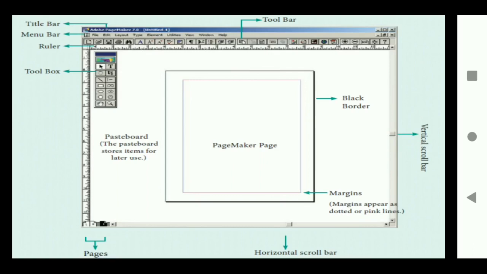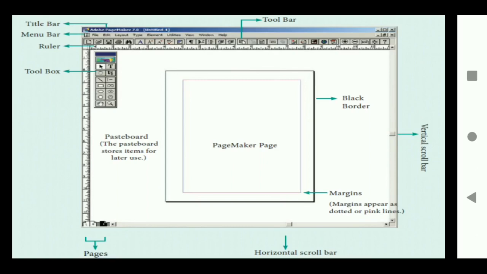The black border specifies the page corner area, and I also discussed the margins. And next, below are the pages. Now, however many pages you have created in a particular document will be listed here. If you have 8 pages created, it will show 8. So however many pages you generated, it will be shown here.